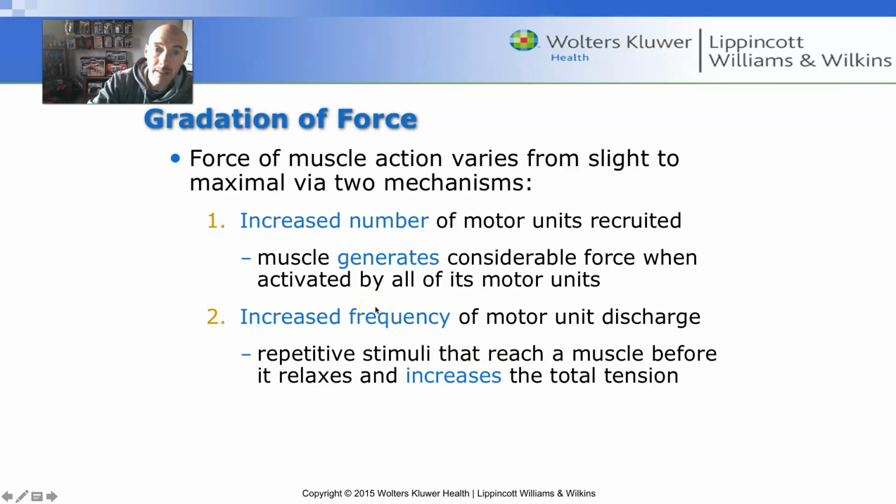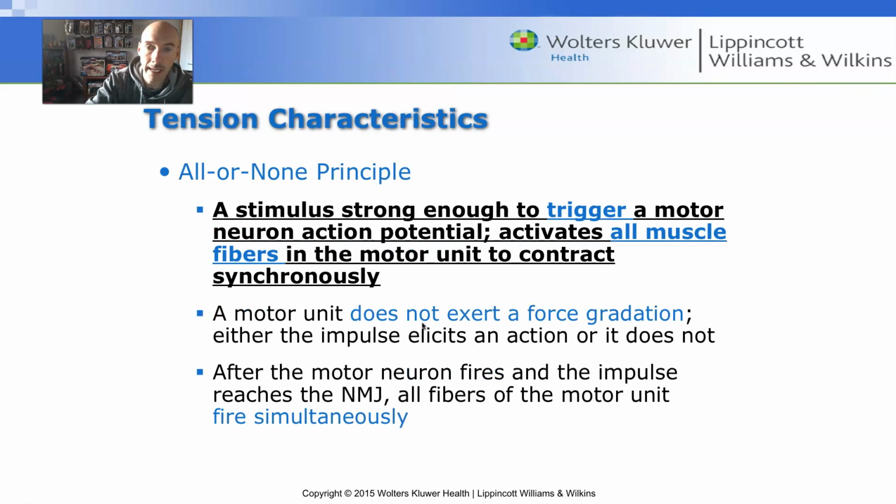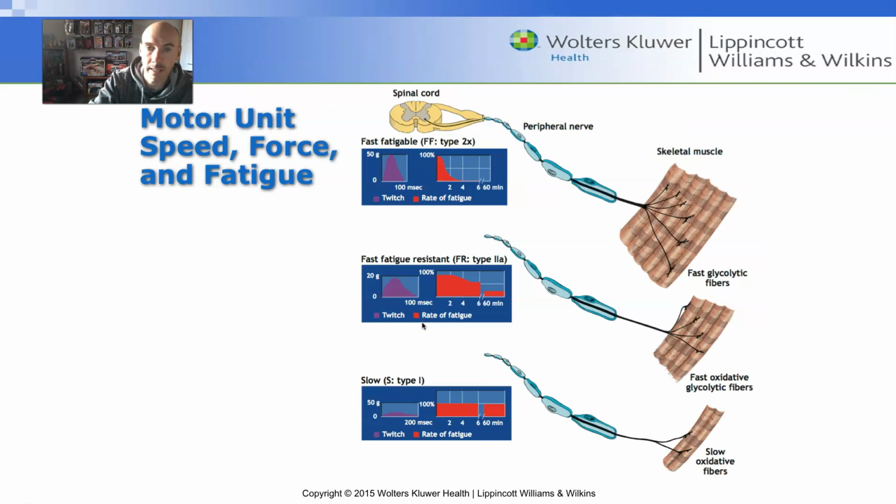A couple other ways that we can change force is, one, the one I just mentioned, the number of motor units. If we're deadlifting 400 pounds, we're going to recruit more motor units than we would if we're deadlifting 135, okay? We can also increase the frequency of the signal, right? So if I jump back to this slide, if I'm deadlifting, say, 225, which is heavy, but not super heavy,